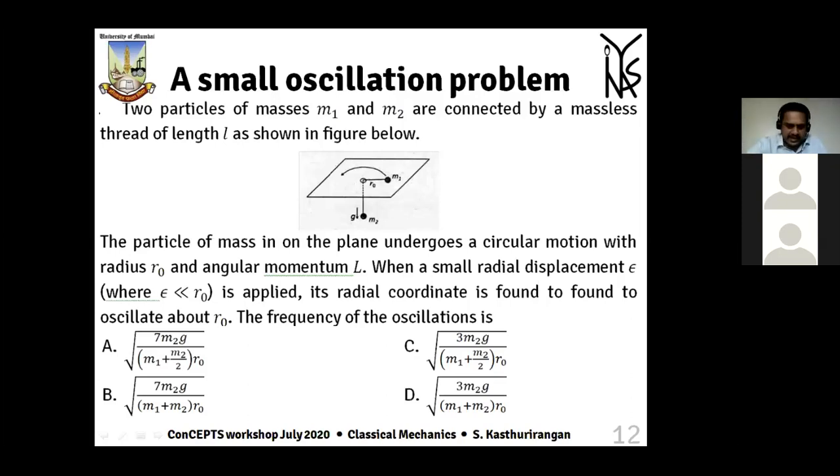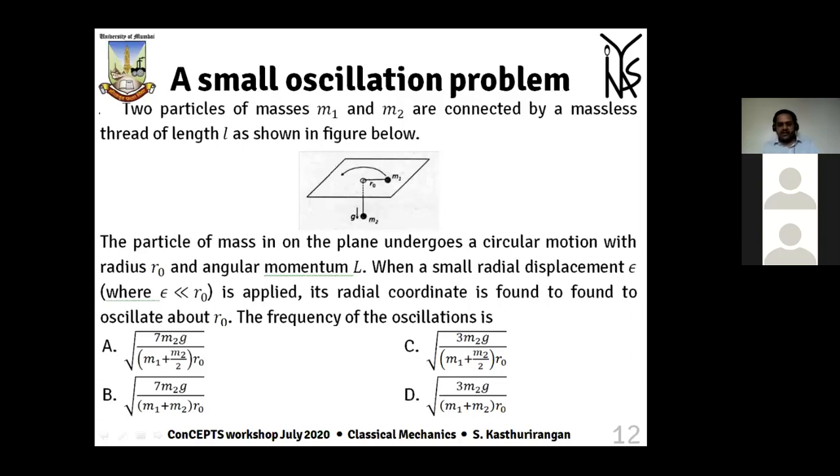To understand that, see, in this problem, you have 4 options. 2 of them contain the number 7 and the other 2 contain the number 3. Now, in usual mechanical problems, the only way where integers arise usually is by taking derivative. You take derivative of a cubic term, you will get 3 times the square. If you take derivative of a square term, you will get 2 times that particular quantity, etc.